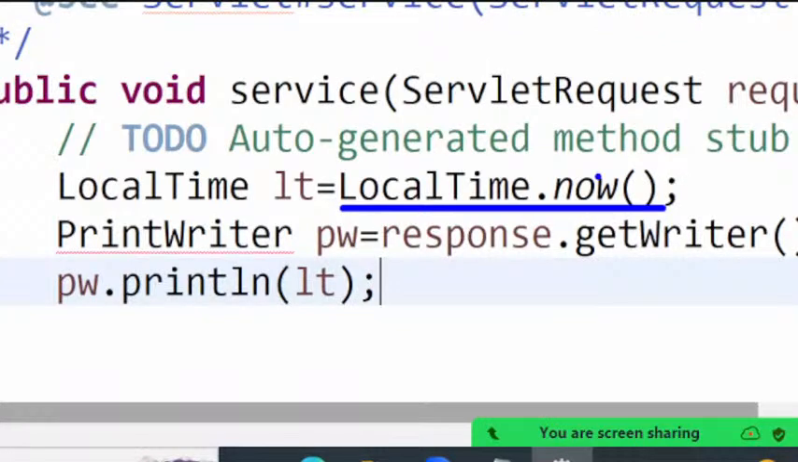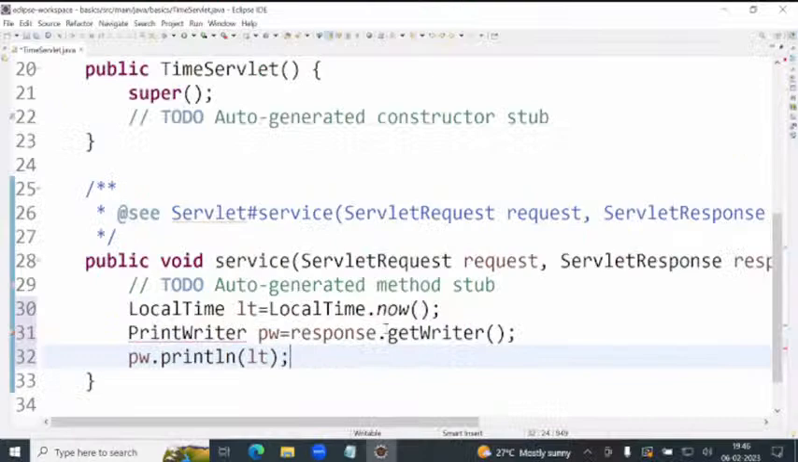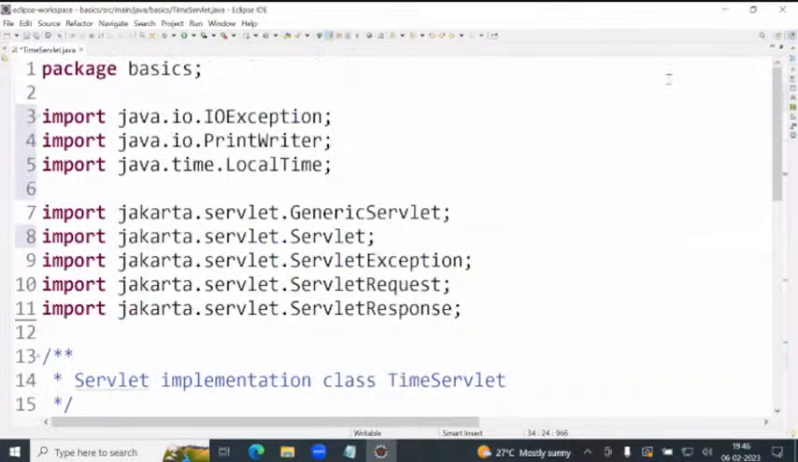Now is a static method, in which class? LocalTime class. LocalTime.now, then you will get the local time. Here implicitly which method is called? The toString method. With that the system time is printed. Now the PrintWriter is passed. It's over. Now see, if I run this program,